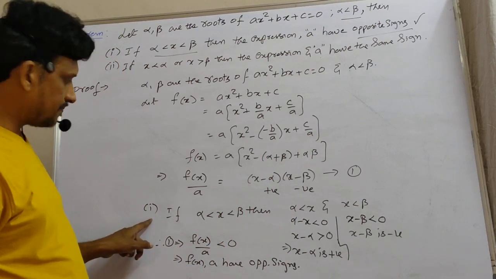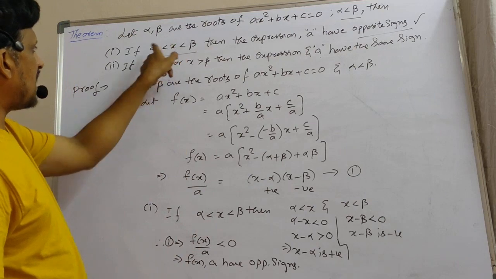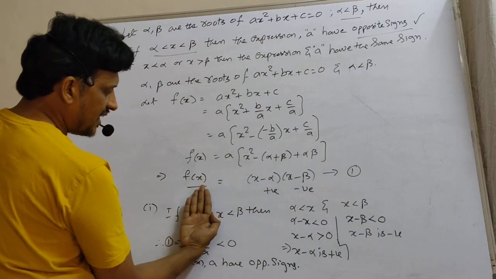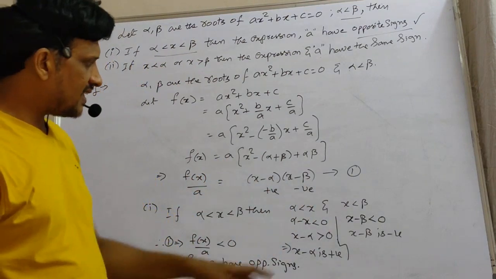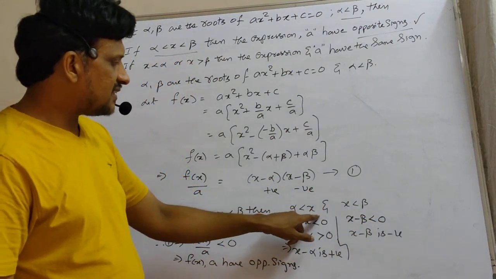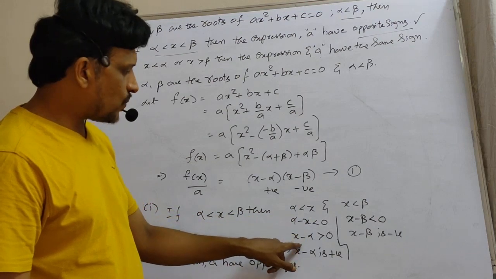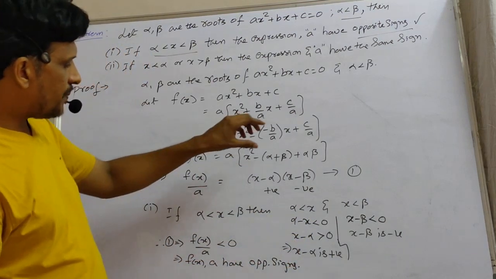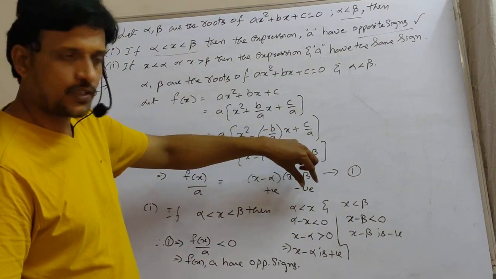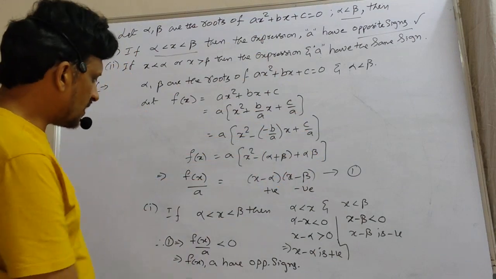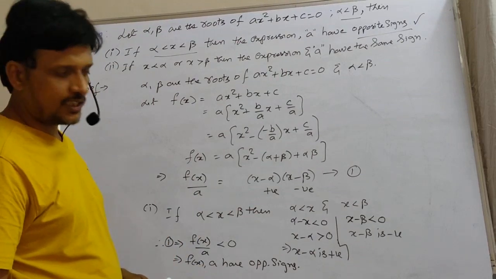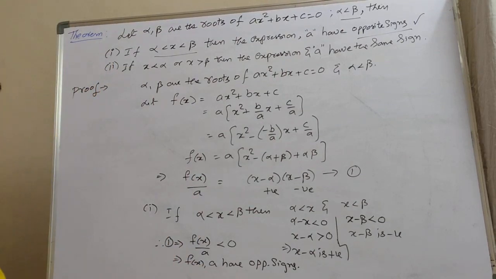And now for the case 1, when x lies in between the roots alpha and beta, now consider the first half alpha is less than x, and then the second half x is less than beta. X is less than beta means x minus beta is less than 0, means it is negative. Alpha is less than x gives alpha minus x is negative, means the required x minus alpha is positive. So from equation 1, f of x by a is the product of two terms where the first one is positive and the second one is negative. So the product is negative. So the fractional value is negative, means it is with the opposite signs. The numerator and denominator are with opposite signs.